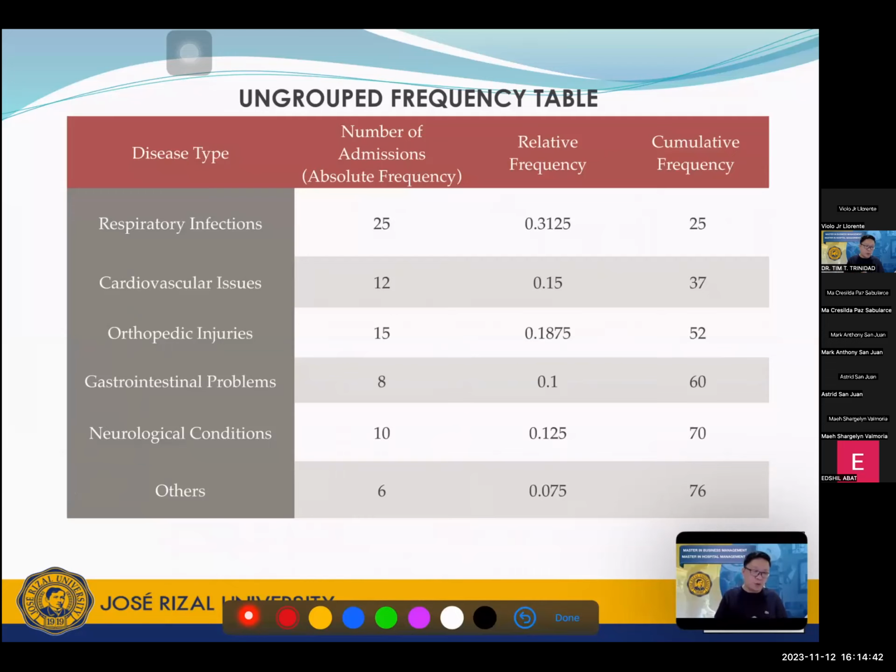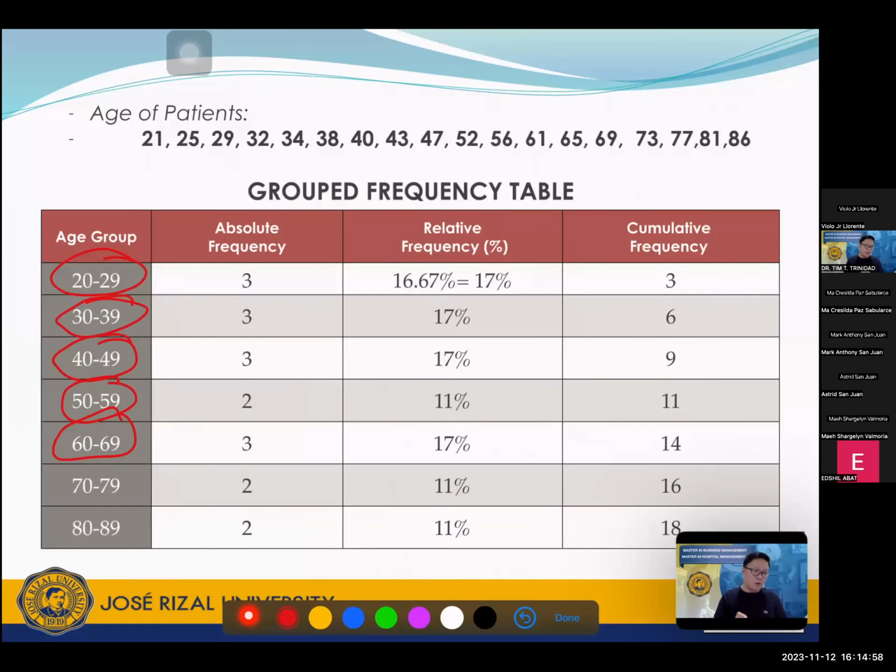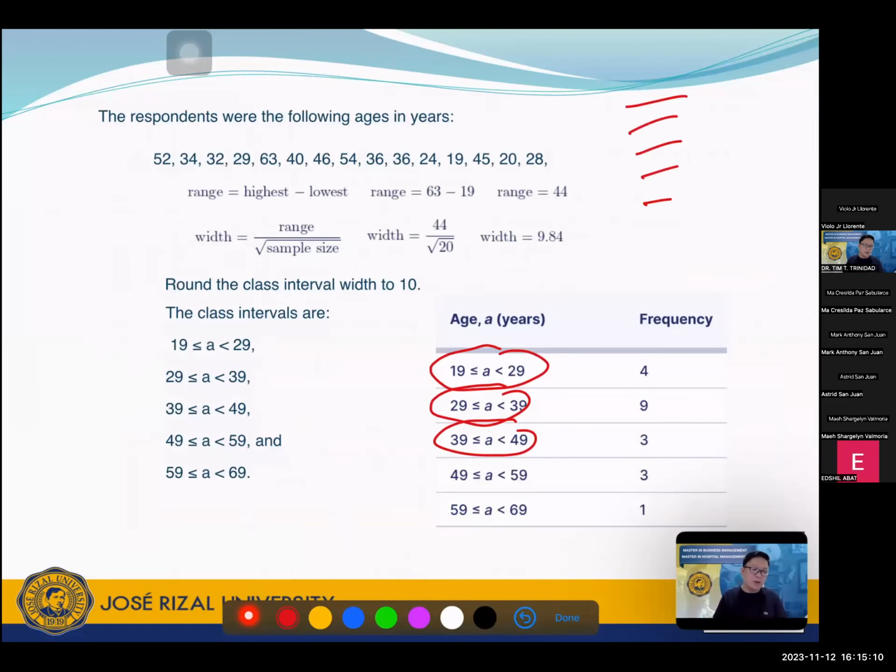While the ungrouped is like this, you don't have any particular characteristics that you put them together. You just have to count how many have respiratory infection. Okay, 25, cardiovascular issues, 12, 15. But for the grouped, you have to put them in a certain classification. So among 20 to 29 years old, there are 3 of them, etc., etc. Okay, so that's what we mean by the grouped and the ungrouped